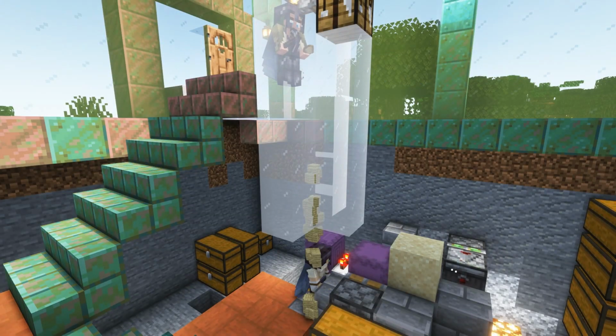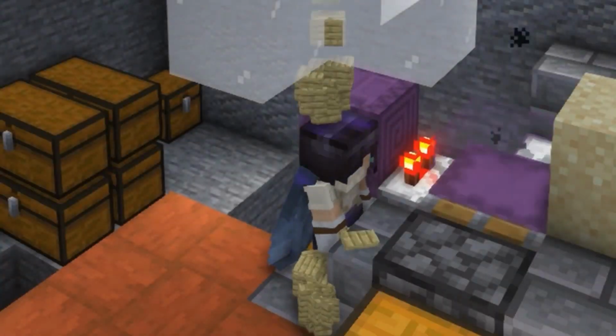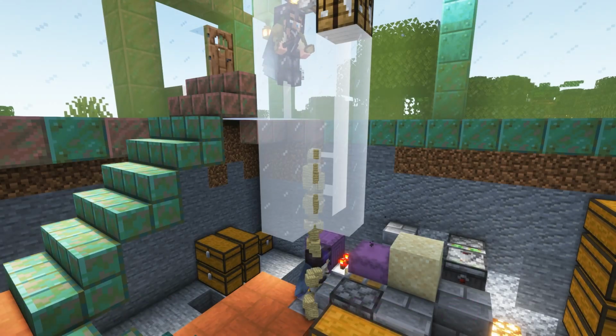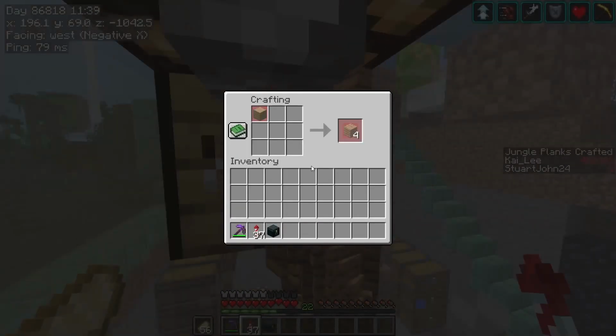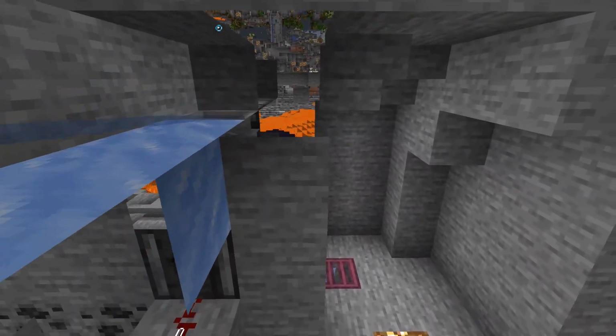There's one big issue with this crafting system. Sometimes my alt won't put out the items fast enough, and that can lead to overflow. It's pretty laggy. Yeah, I am crafting planks now. One last thing we need is a lot of cactus, and I only have a little bit in my last